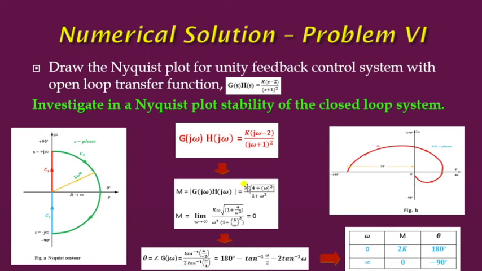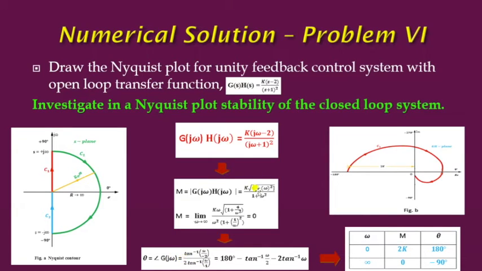When omega equal to infinity, we get infinity divided by infinity, which is undefined. Then taking omega common from this part and similarly omega square common from this part, we get 1 plus 4 by omega square, and 1 plus 1 by omega square. Then this magnitude is 0 when we put omega equal to infinity. Then find the angle.